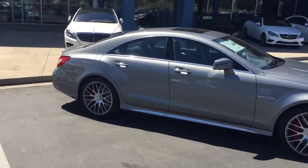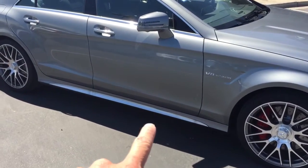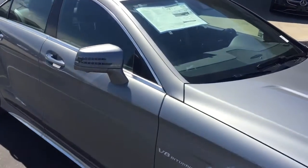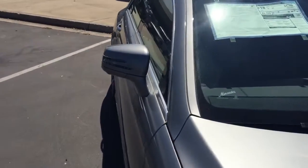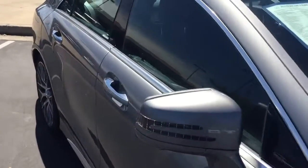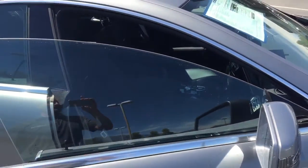Extremely aggressive bold hip lines on the back of this CLS. Again, the AMGs get the little more aggressive 3D diffuser down here on the bottom. We do get the split mirrors on the CLS, so it really kind of gives it that cool race car feel and look to it. Seamless windows, they're actually frameless, so as we open the windows there's no frame that runs around them,